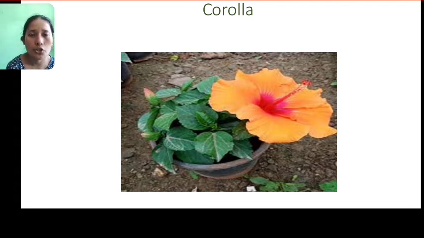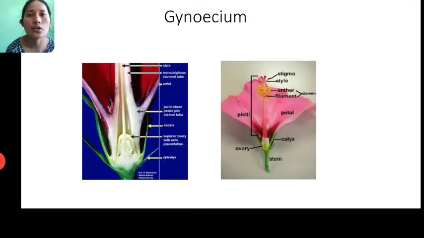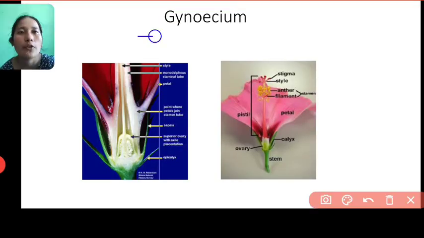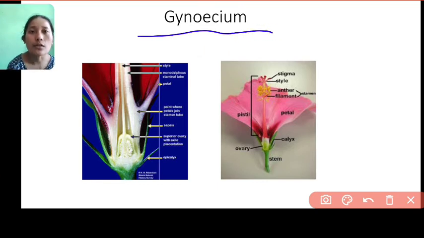Their main function is to help in reproduction. So let's come up with the first, the gynoecium. Now this gynoecium is the female reproductive part of a flower. If I ask you to name the female reproductive part, what would that be? Gynoecium. Now let us deal with the different parts of a flower that come under